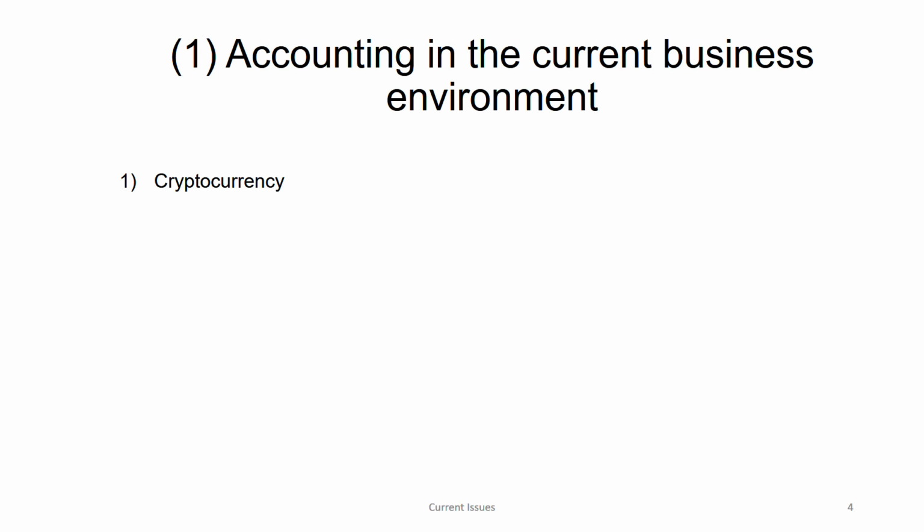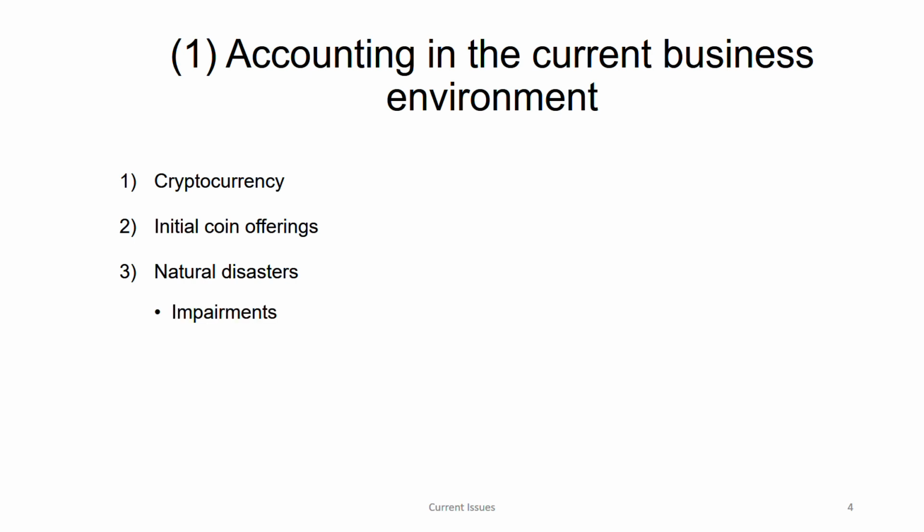You should be very aware of these things that are going on currently in the environment. So one is cryptocurrency, which is something new, and you should know how to account for it because there are some issues. Issues means always problems. Then we have initial coin offerings, the second current issue, and the third one is natural disaster. So you should know these 3 current issues: cryptocurrency, initial coin offerings, natural disaster. The way they impact your financial statements is different, the way you account for them is different, you should know. Okay, they are not the same.